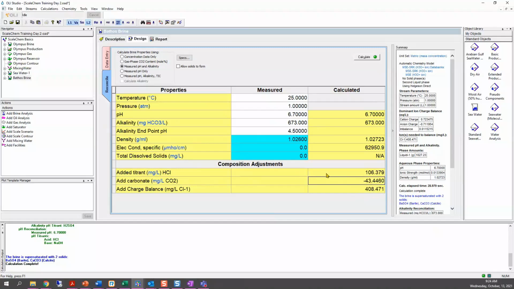Okay, so that when it removes that amount, then it will match this alkalinity value here. And this one we already knew. This is the charge balance, 408 milligrams per liter to reach electron neutrality. Okay, so let me just go back here.